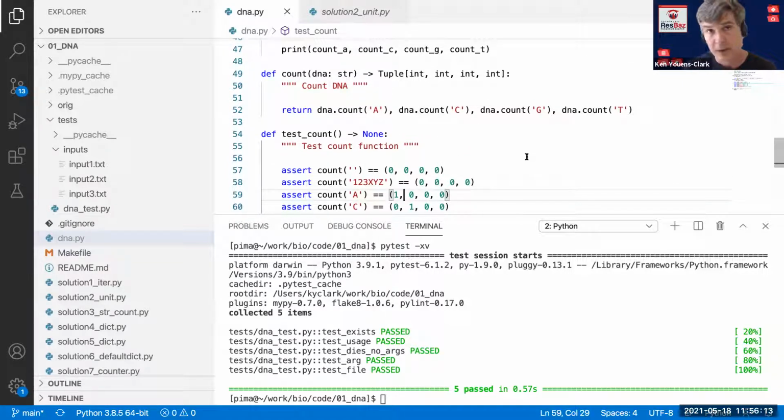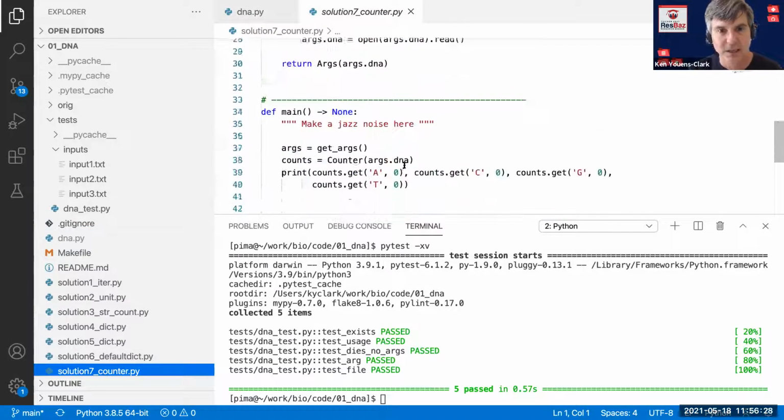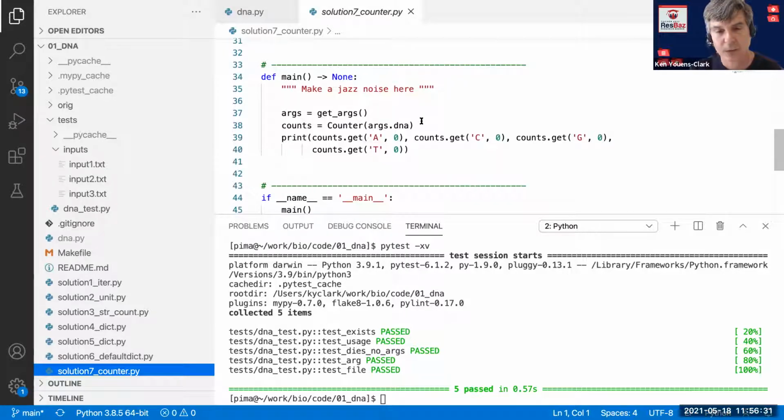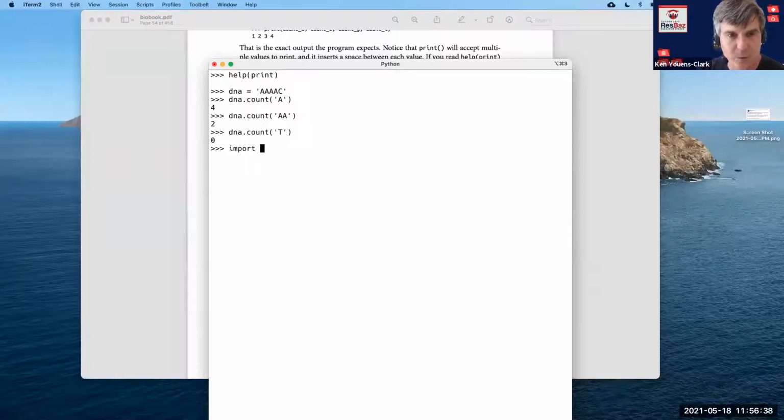And all of a sudden I've gone from probably 10 lines of code down to 1 line of code. And there's actually even shorter ways to solve this. I don't have time to go into dictionaries, default dictionaries, but I'll just show you here. This last version uses something called a counter, which is a way of creating a bag or a multi-set. And so I can show you from the command line, from collections, import something called Counter.